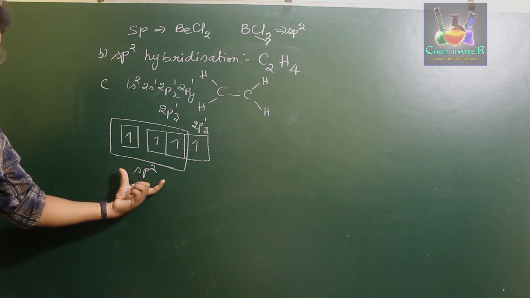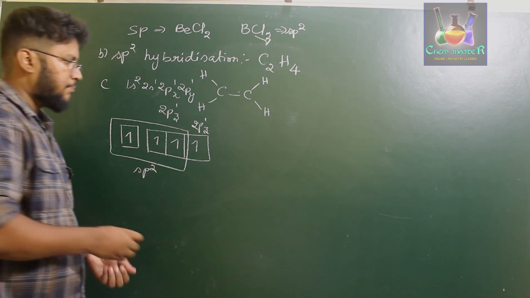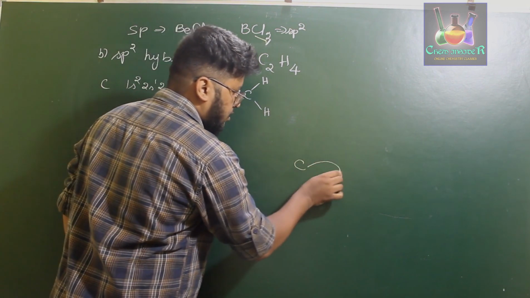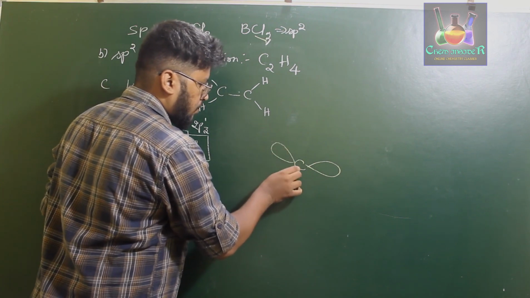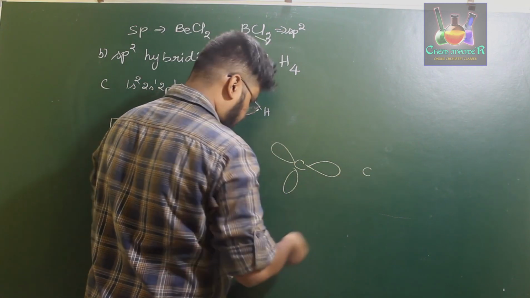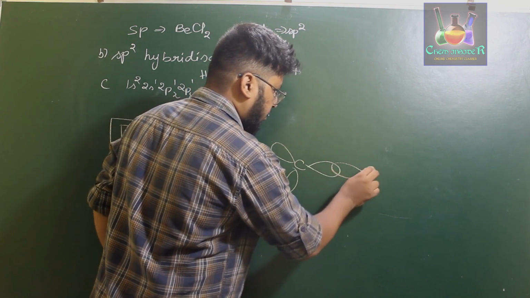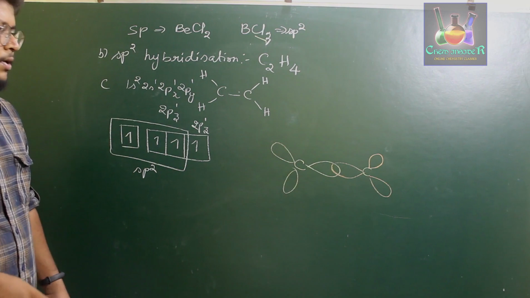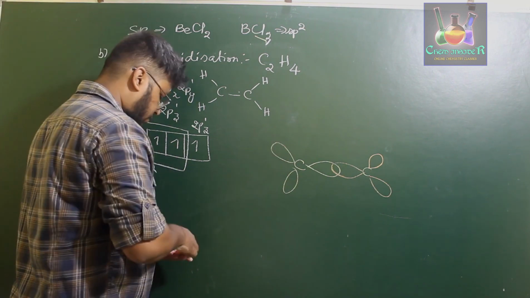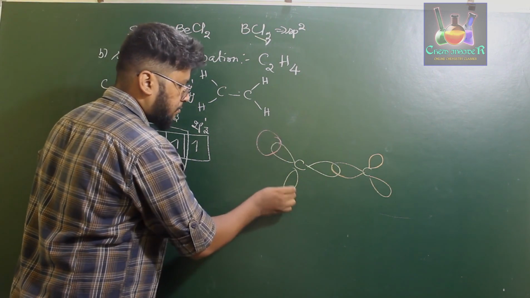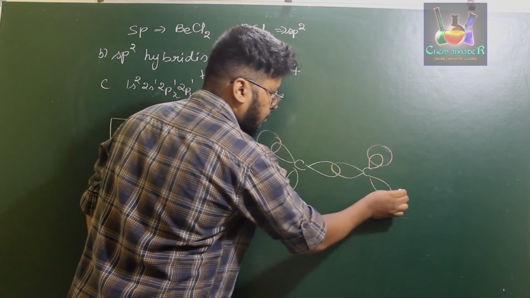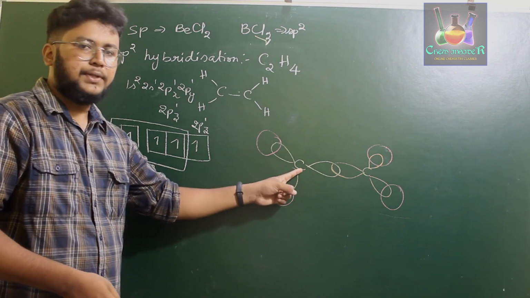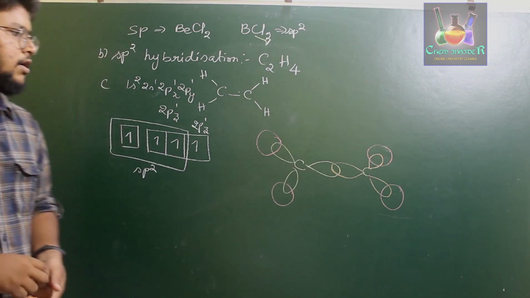Now we are observing the sp2 hybridization of the carbon atom. If you write the hybridization structure of carbon, it will be like this. The other carbon like this. So out of the 3 sp2 hybrid orbitals, 2 of them will be overlapping with the 1s orbitals of hydrogen, and 1 of the sp2 hybrid orbitals will be overlapping with the sp2 hybrid orbital of the other carbon. Okay, so now